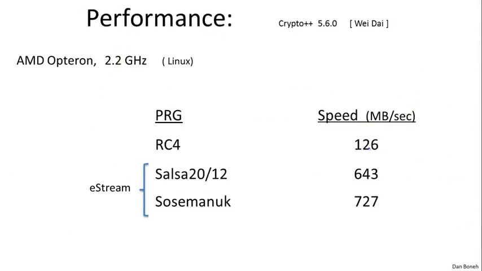It only does byte operations, and so there's a lot of wasted cycles that aren't being used. But the eStream candidates, both Salsa and another candidate called Sosemanuk, I should say these are eStream finalists. These are actually stream ciphers that are approved by the eStream project. You can see that they achieve significant rates. This is 643 megabytes per second on this architecture, more than enough for a movie,